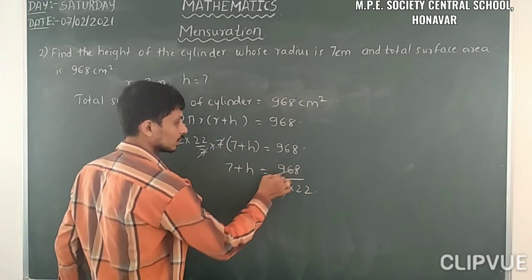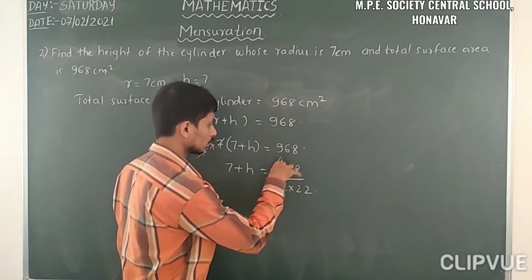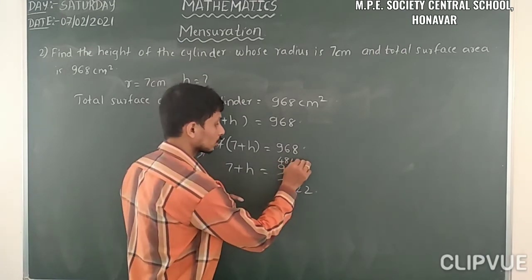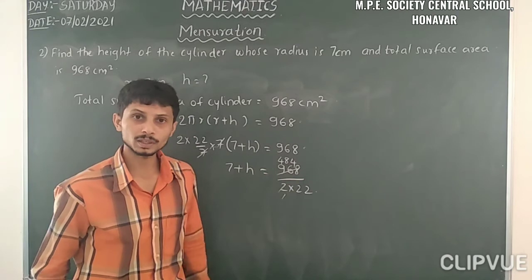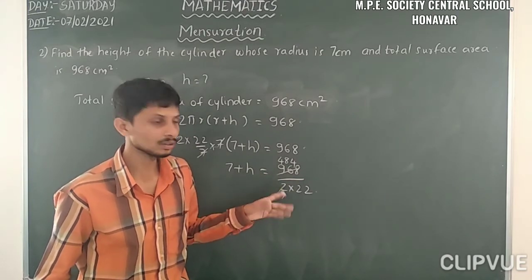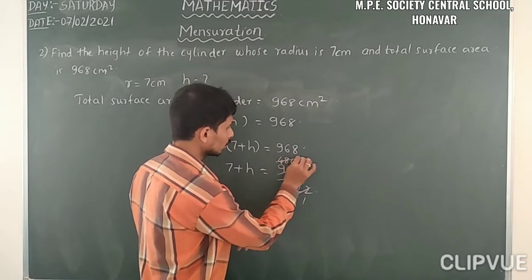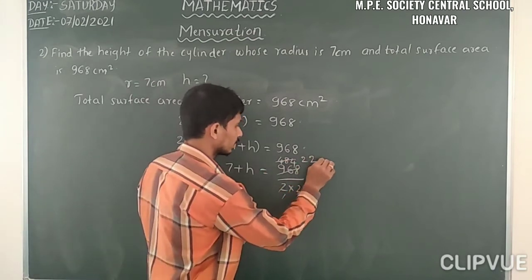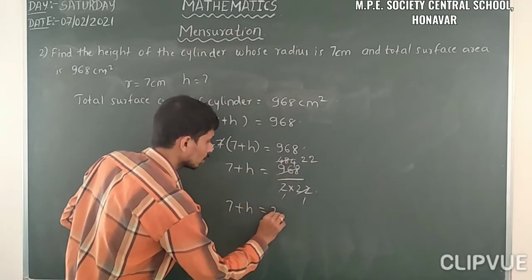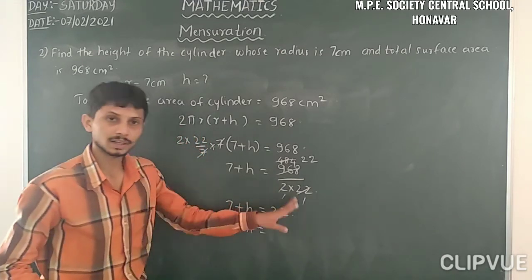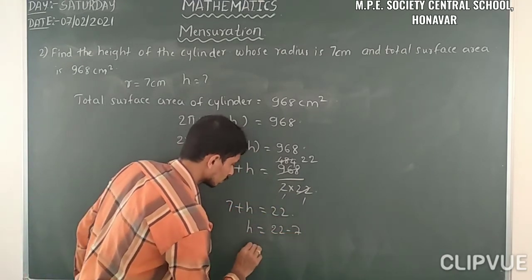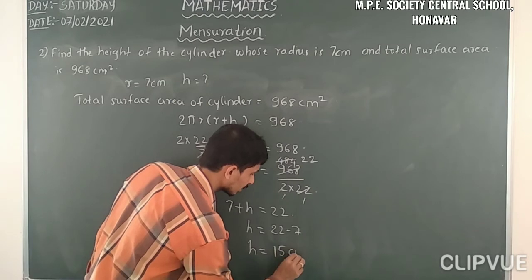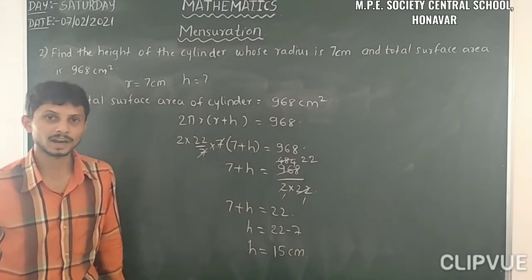Here 2 into 1, we can cancel it because it is an even number. So 2 into 4, and 1 remains, 2 into 8 and 8, so 2 into 4. Just observe 22 and 484, there is a connection between those two. 22 into 1 and 22 into 2 is 44, 4 remains and 44, again 22. That is 7 plus h is equal to 22. Transpose the 7, so h is equal to 22 minus 7. What's the value of that? It is none other than 15 centimeter.